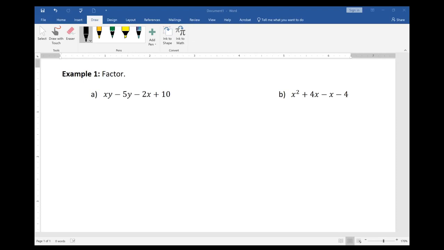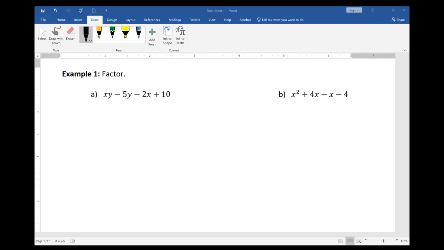Example 1a: factor xy minus 5y minus 2x plus 10. We will factor this problem using factor by grouping. We will go ahead and group the first two terms using parentheses and also group the next two terms using